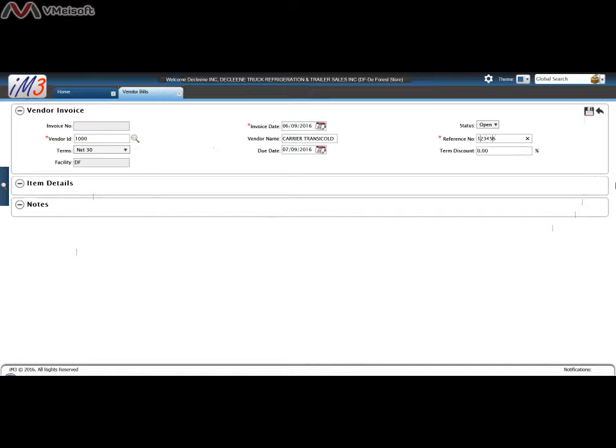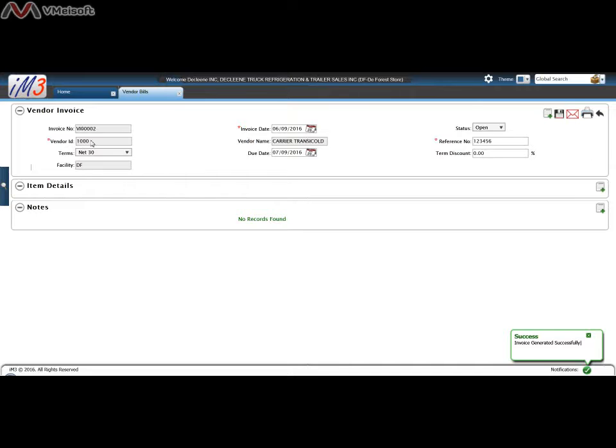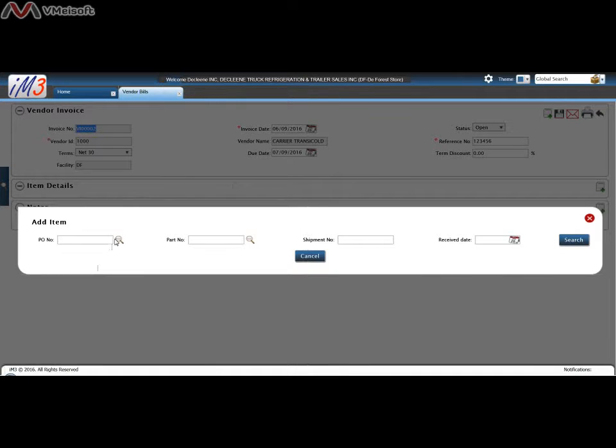If you don't see a plus icon here, click Save, and you will notice that you have a vendor invoice number, and you have item details and notes, and you can add those here. So let's click on the Add button, Add Item, and at this point,